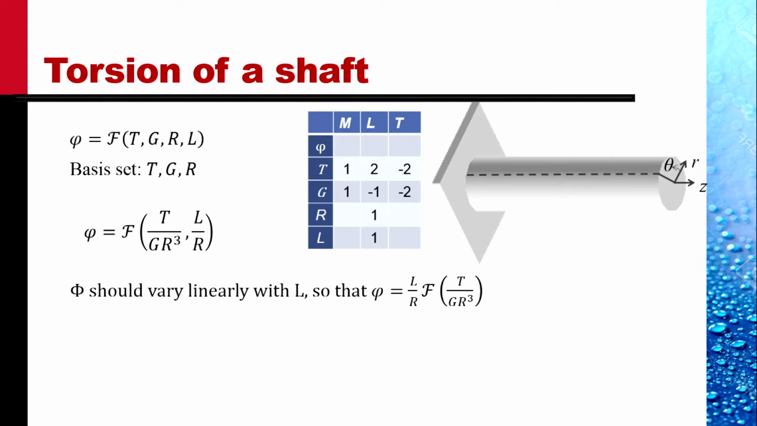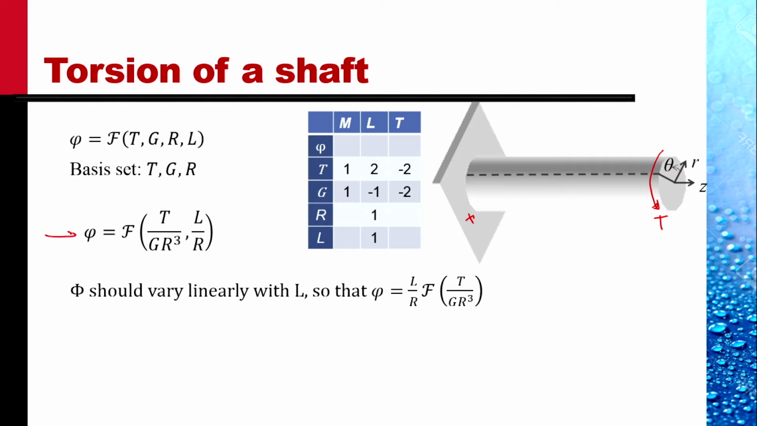A shaft is subjected to a torque T at this end. It is attached to a wall at this end. The twist phi of the shaft is a function of T, G, R and L. We use the dimensions M, L and T, where T is time. We use the basic set of T, G and R, and then we obtain a functional relationship